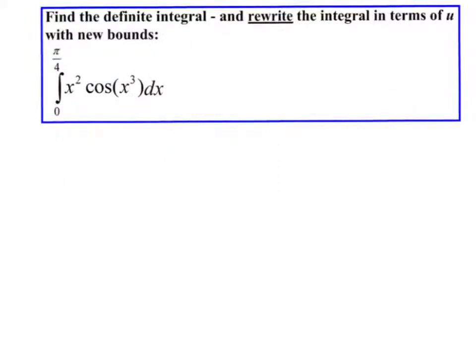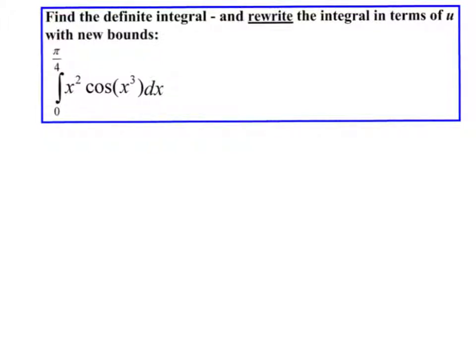Last, finding the definite integral and rewriting it with new bounds. Well, I often will point out that the best thing to look for with integrals, to know if you have to do substitution, is products and